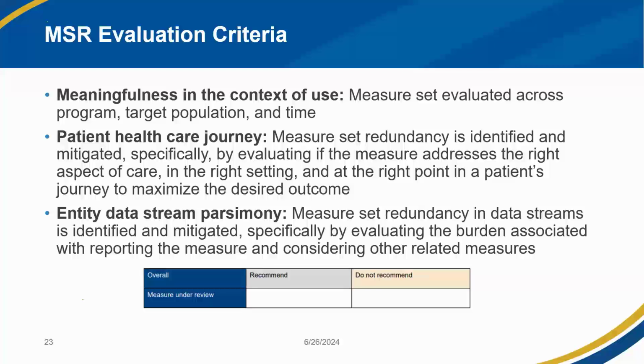Patient healthcare journey. The patient journey through the healthcare system can be defined in various ways. For example, patient experience of care, patient outcomes, patient wellness. Some of the measures may impact the patient at the population level, while others might be more impactful on vulnerable populations. So the purpose of this criteria is to determine if the measure set is implemented across the patient journey in a manner consistent overall.